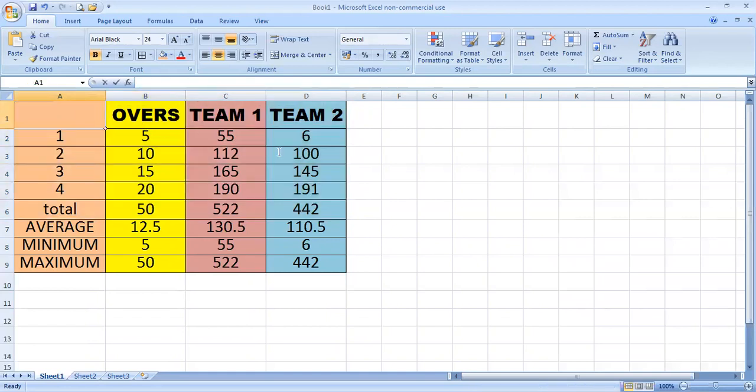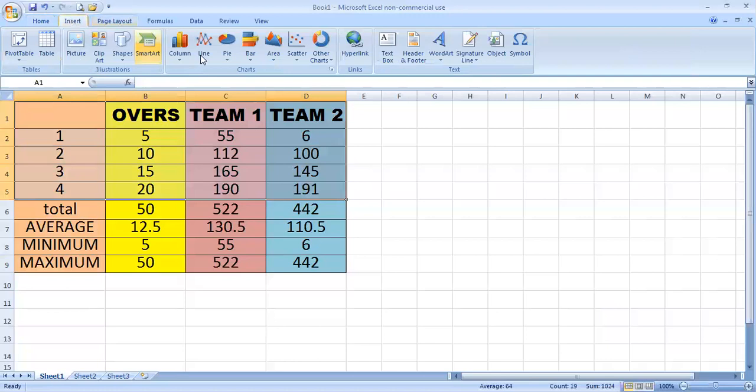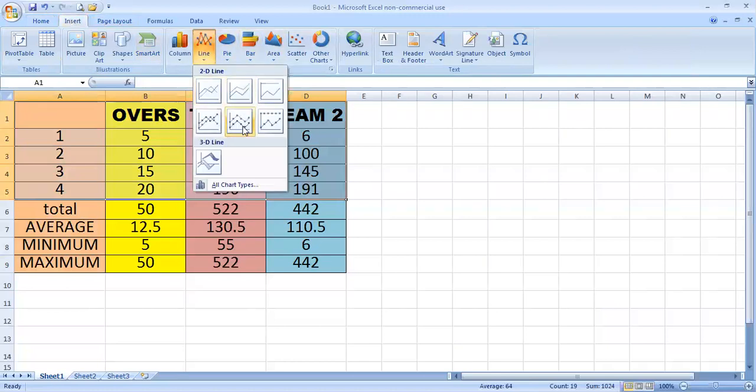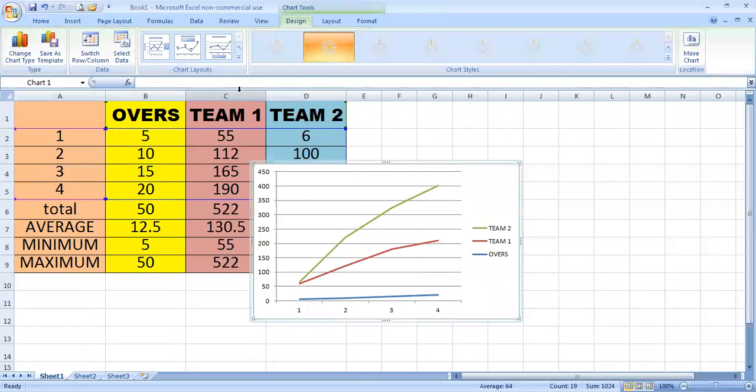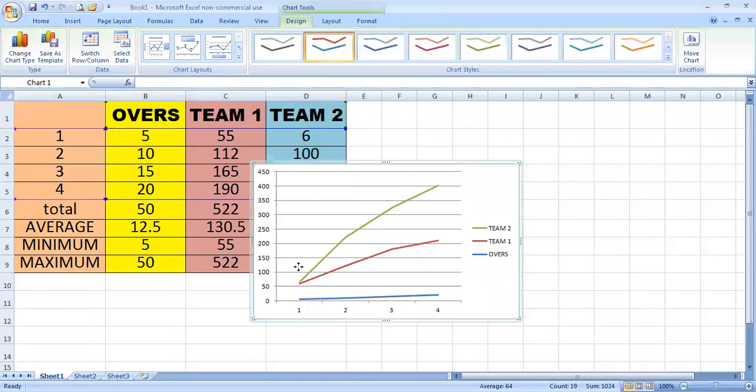We will select the data till here. Now go to insert, go to charts, bar chart, line chart. We will insert line charts. Which form of line chart do we want to insert? We can choose any that we want. It is inserted. This one chart is inserted.